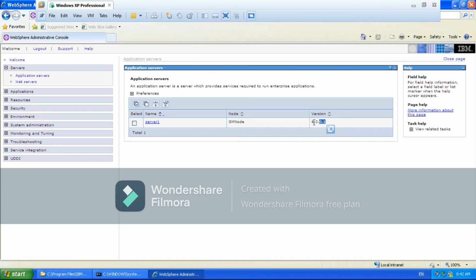6.0.1.3 or 4. If you did the migration, that means from the first 6.0, right? If it becomes 6.1, 7.0, or 8.5, then what is the meaning? Migration has happened. You migrated from the current version to the latest version. If the last digit is changed, you did the fix pack updation. If the second digit is changed, you did the feature pack updation. If the first 2 digits are changed, you migrated from the current version to the latest version.